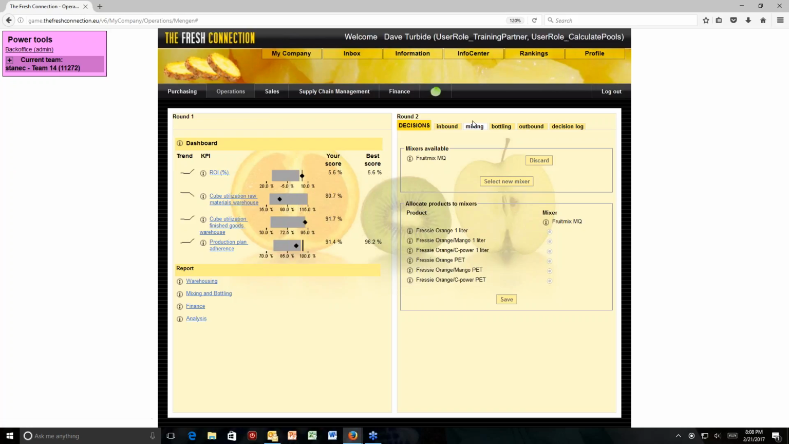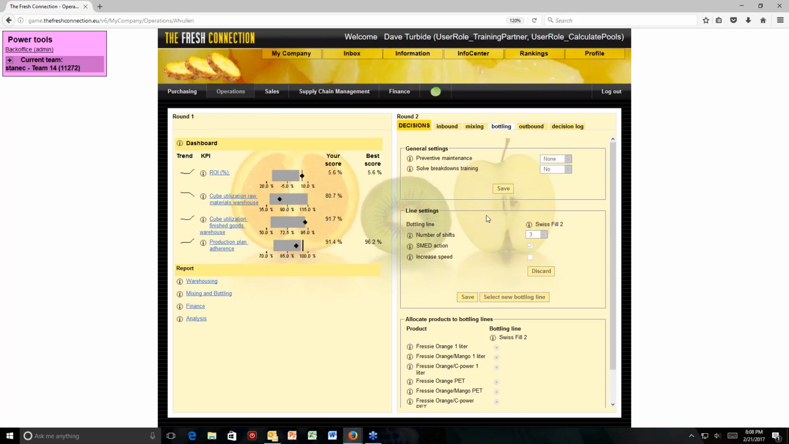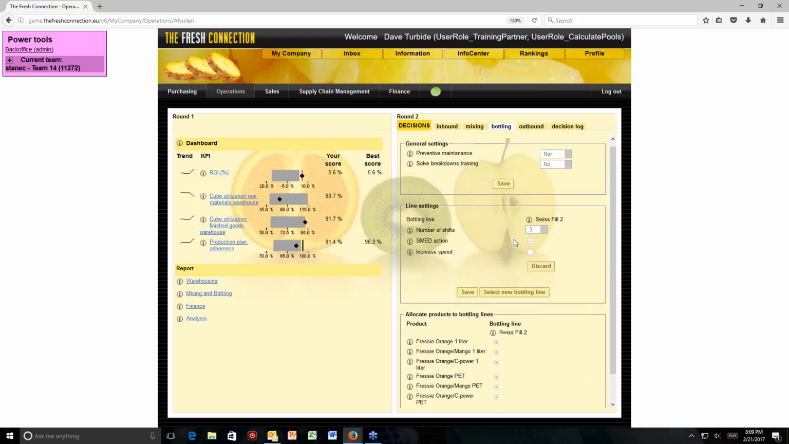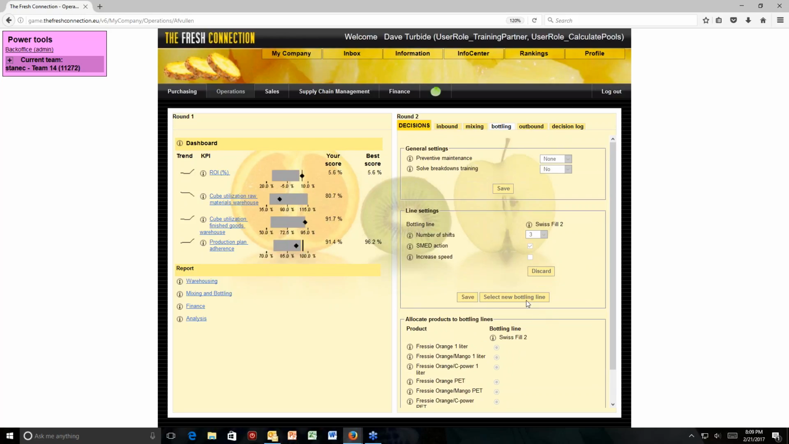Same with bottling. Okay, so with bottling, I actually can't. Yes, I can. Right here in the middle, select new bottling line. And again, I can't show you that because I'm not a player. You select a new bottling line, and it will